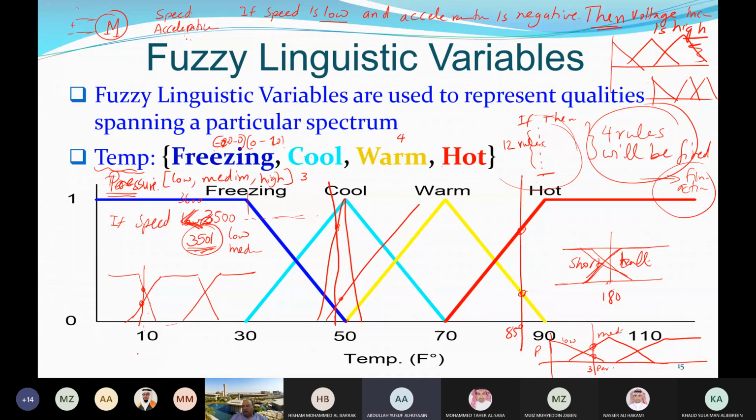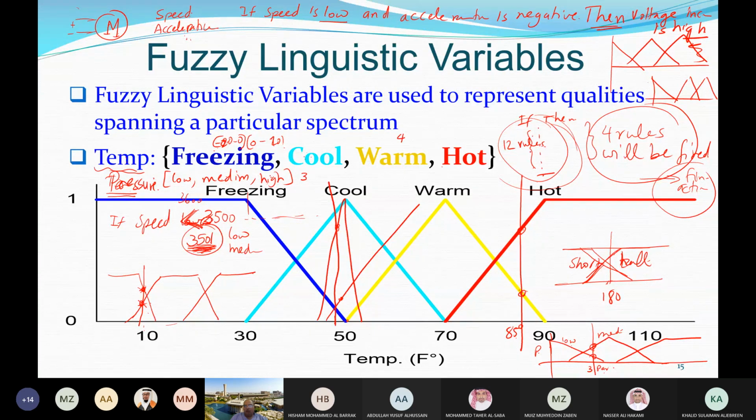And based on this, you take an action based on both values, not one. Based on the fuzzy rules, everything rules. So you convert this numerical value to linguistic value. You have it high or low with a certain degree of membership. You have it medium with a certain degree of membership. So you convert the crisp or the numerical value to linguistic values, and you take these linguistic values and go